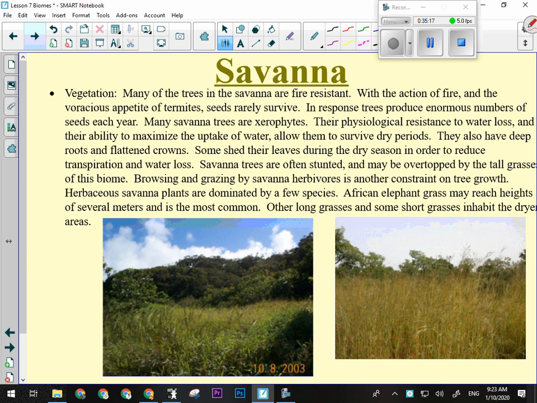They have to maximize their uptake of water during the monsoon season and then be able to store it or go dormant. Okay, deep roots and flattened crowns. Some will shed their leaves during the dry season or estivate. Okay, savanna trees are often stunted, and there are places, like in this picture here, where the grass can be